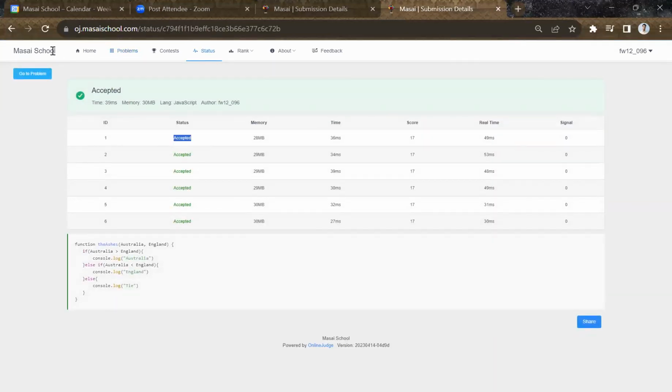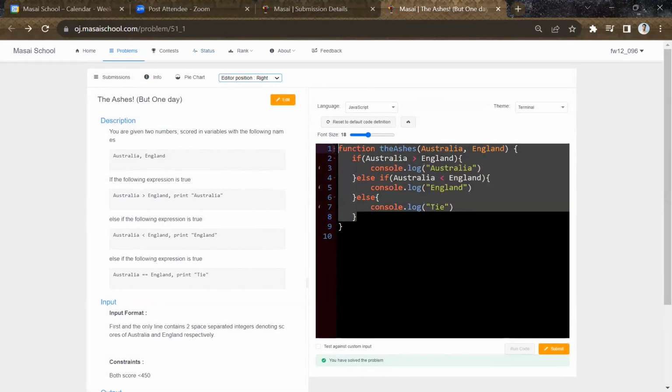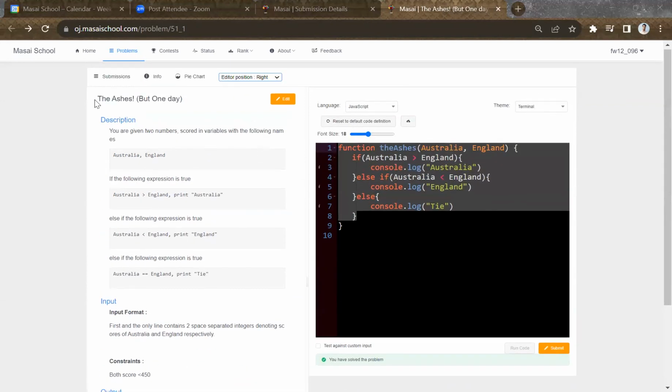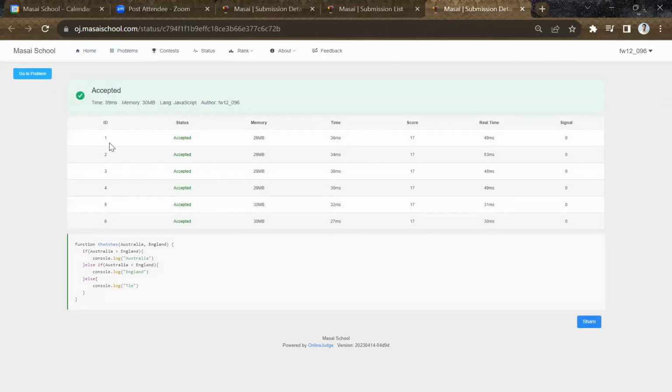अच्छा, क्विक, रन टाइम एरर का मतलब होता है कि जब भी आपने सिंटैक्स में कुछ एरर डाल रखा है, तो कहने का मतलब आपका कोड ही रन नहीं कर रहा है, ठीक। अच्छा, एक्सेप्टेड का मतलब क्या होता है ओजे में? पूरा कोड क्लियर हो गया, राइट। पार्शियली एक्सेप्टेड का मतलब क्या होता है? कुछ, राइट। तो अगर मैं चाहूँ देखना इसका सबमिशन, मैं यहाँ पे जाऊंगा और चेक करूंगा। यहाँ पे इन टोटल 6 टेस्ट केसेस हैं, तो फॉर नाउ सारे एक्सेप्टेड हो गए,